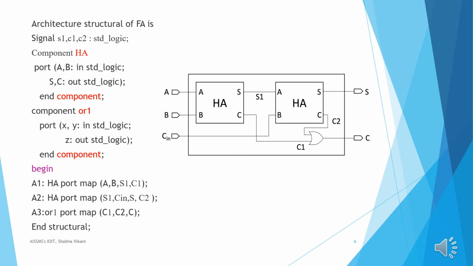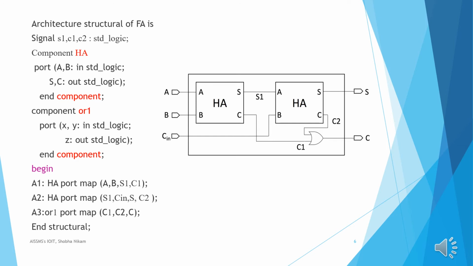So syntax for architecture is architecture, architecture name. So here architecture name is given as structural. We can give any name of our choice. But for sake of our understanding, we generally prefer modeling style's name as architecture name. So architecture structural of FA, which is name of entity, is then architecture declarative part. Between architecture and begin statement, the part is called as architecture declarative part.